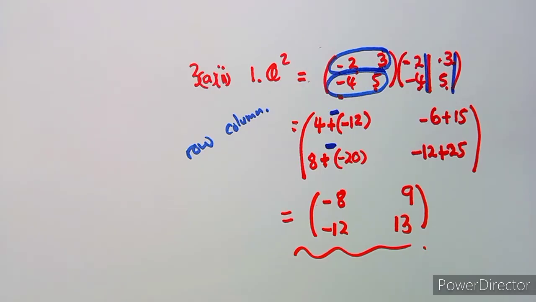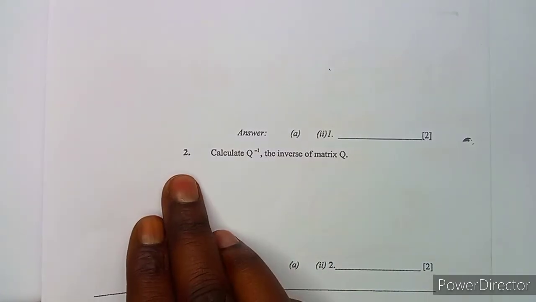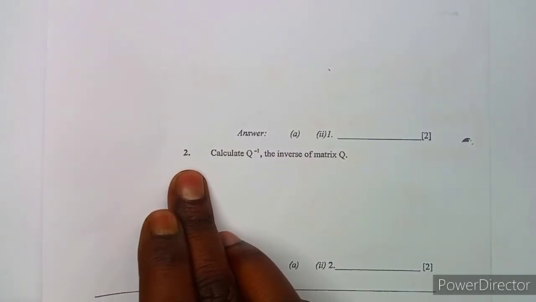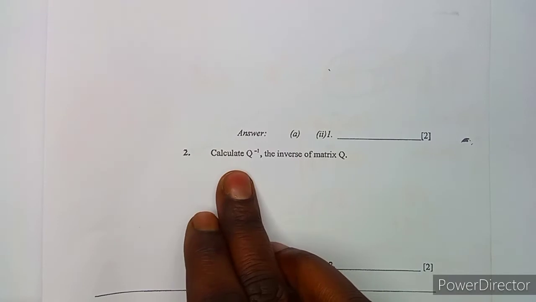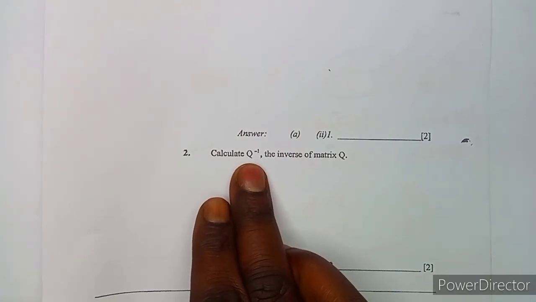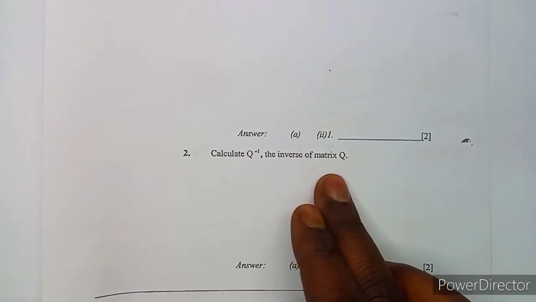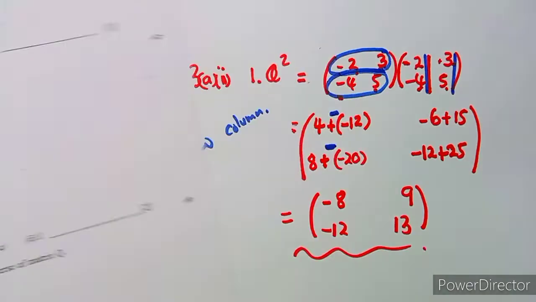You have to be very, very careful with the presentation that you have. Okay, the other part, which is on 3a item 2 and 2. Calculate q to the power minus 1. So q to the power minus 1 simply means the inverse of what? Q. So how do you find the inverse of a matrix? Remember, to have the inverse, all we need is to first have the